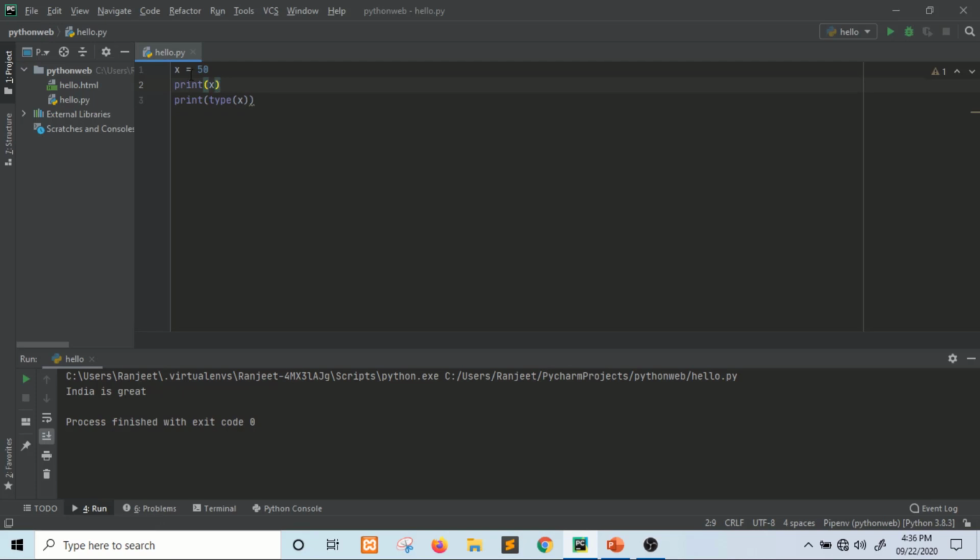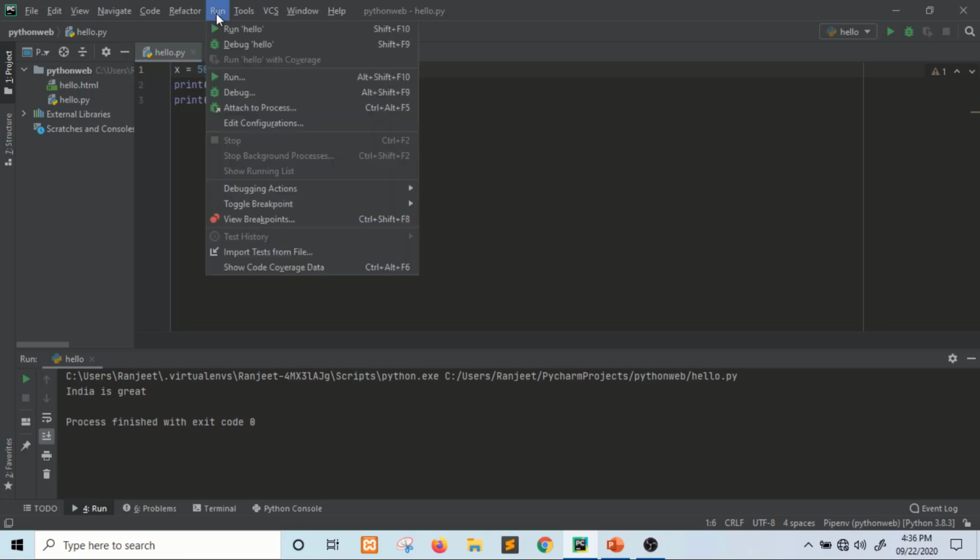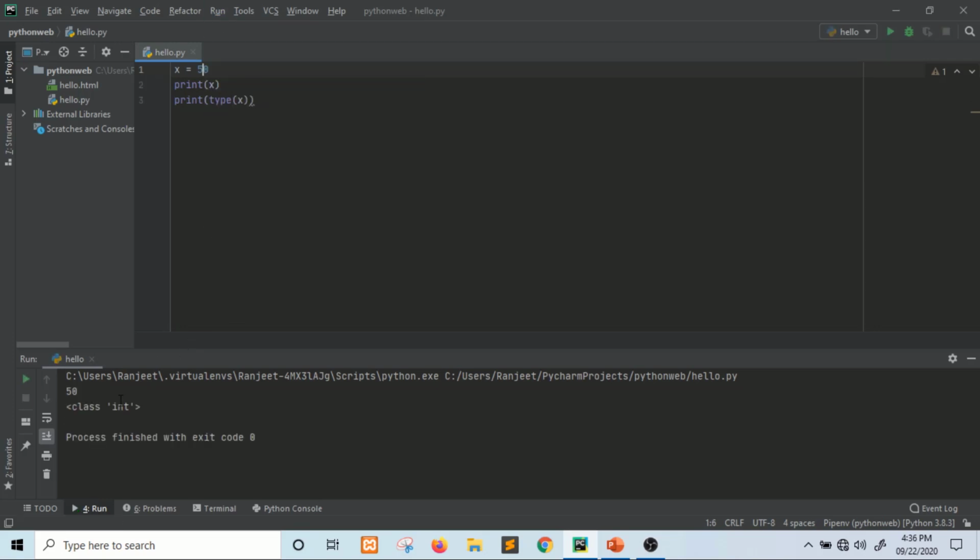This print will print the value of x, and this second print will tell you the data type. So it tells you the data type; the second print tells the type, and the first prints the value of x. Now you can see the first print is printing the value, and the second print is printing the type of data type you are using. So it is telling you that it is an integer type of data, right?